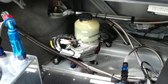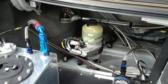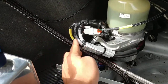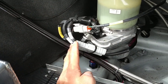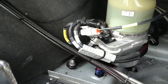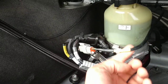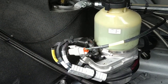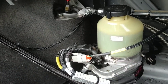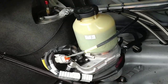Alright, so a few people have asked about electric power steering. This is my setup. There's a few ways to do it. Mine's mounted in the boot. Basically 12 volts from the battery to a circuit breaker. I think I'm using an 80 amp circuit breaker, and then some wiring to some switches. It's just a manual switch in my case, and you've got your fluid that goes into there, and some lines